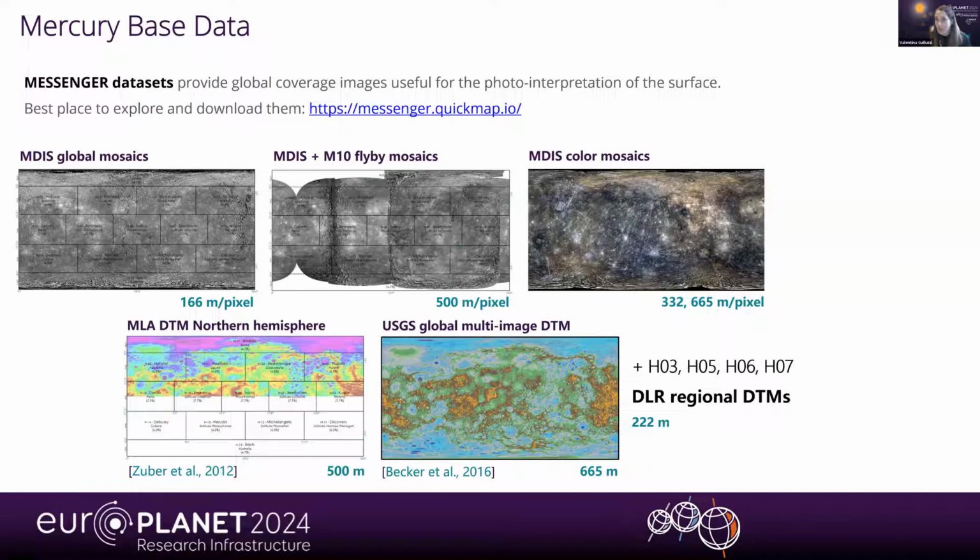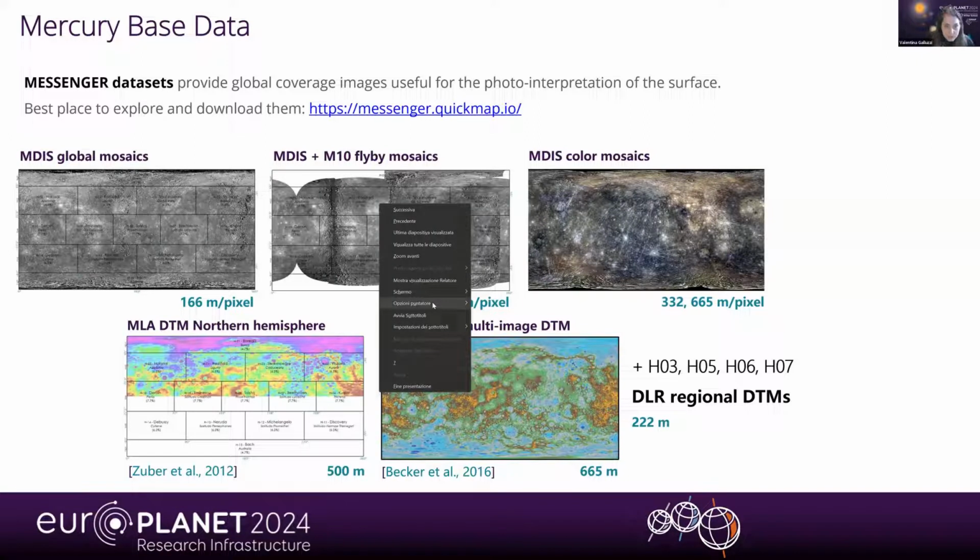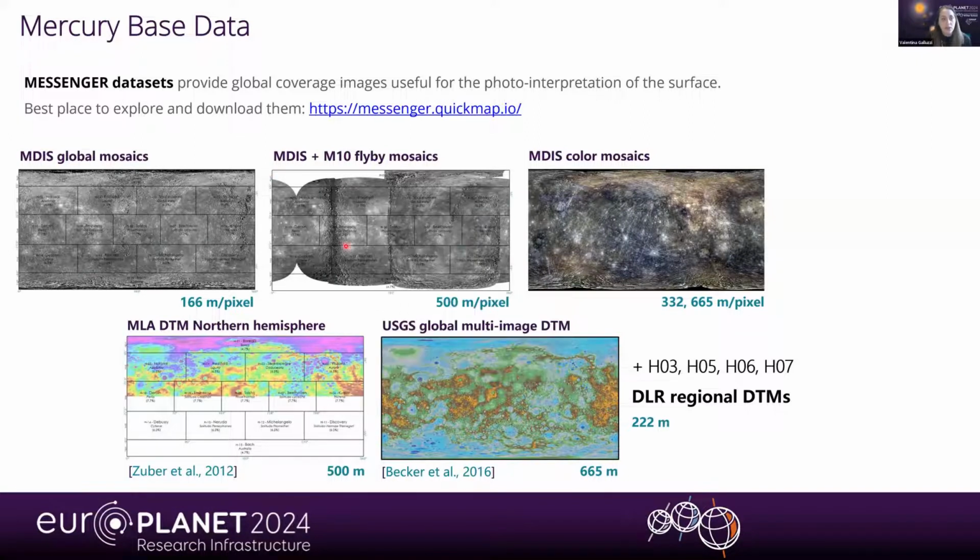We also have other base maps coming from the past mission Mariner 10, for example, like this one. Here we have a mosaic between the Mariner 10 mission mosaic and the first flybys of Messenger. This is a 500 meters per pixel